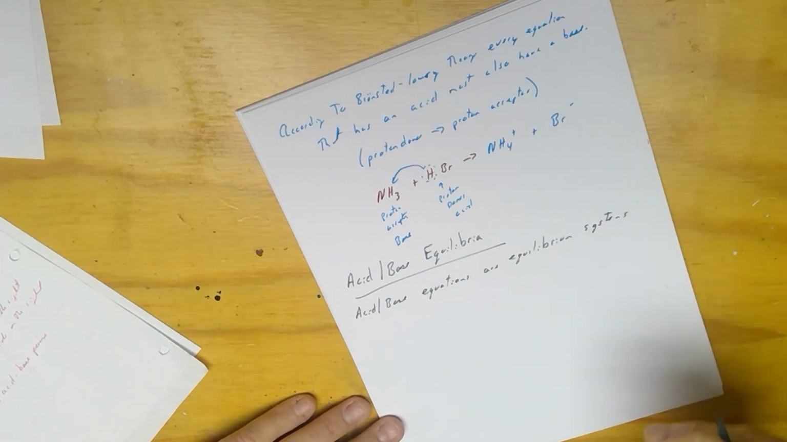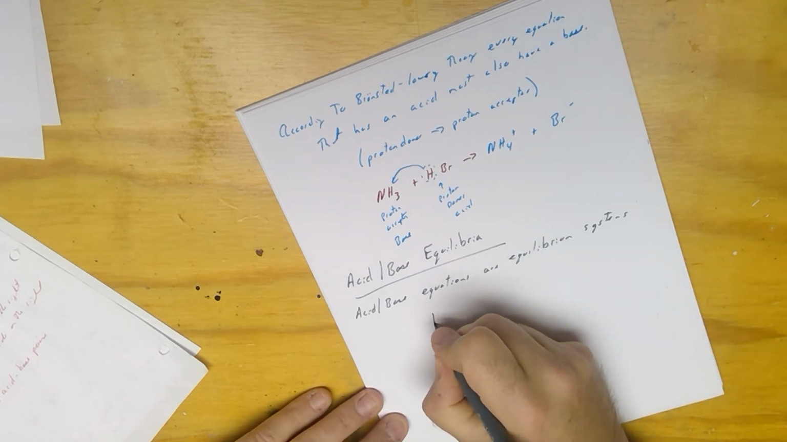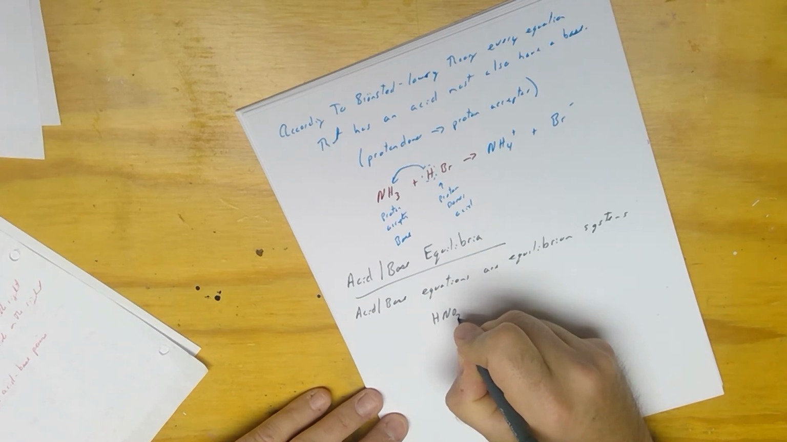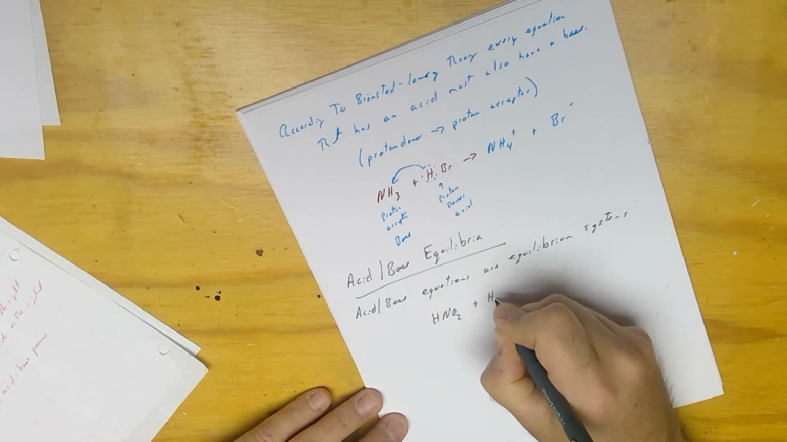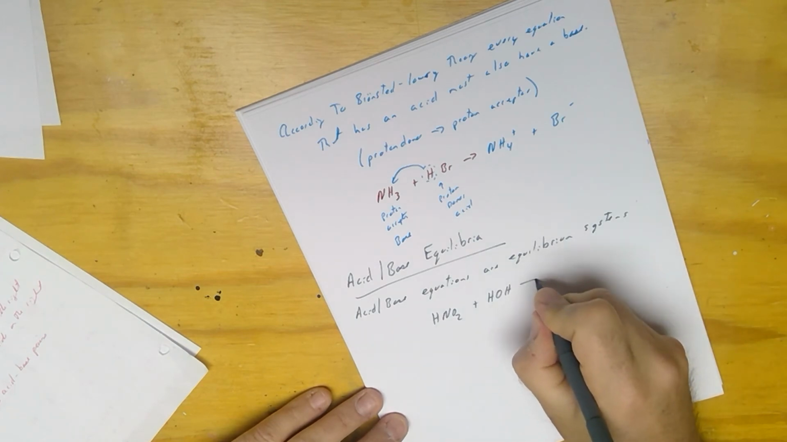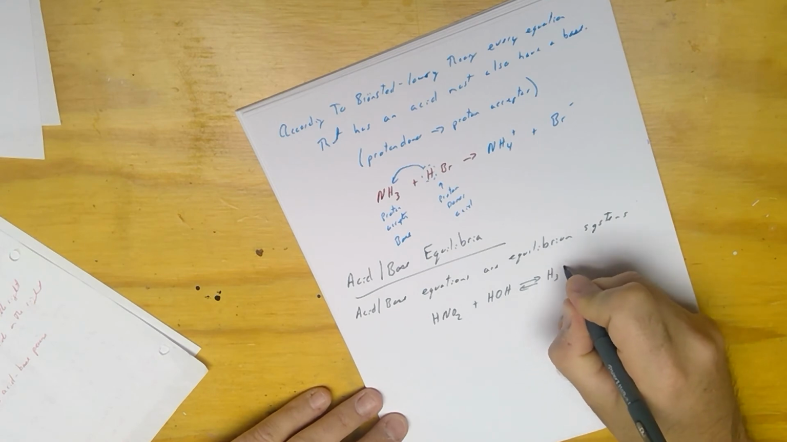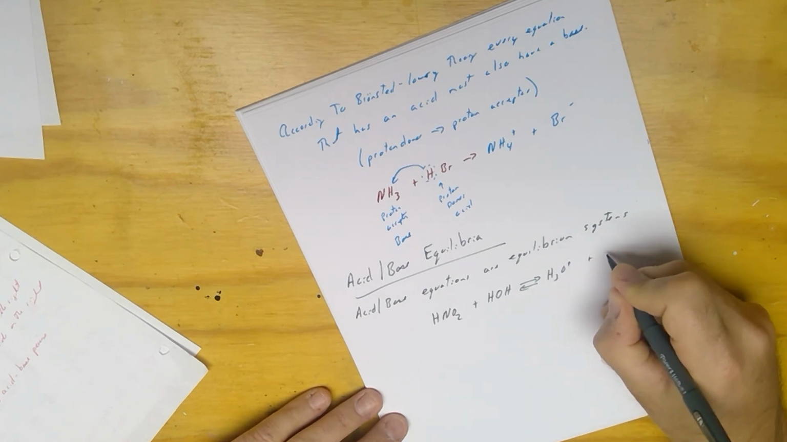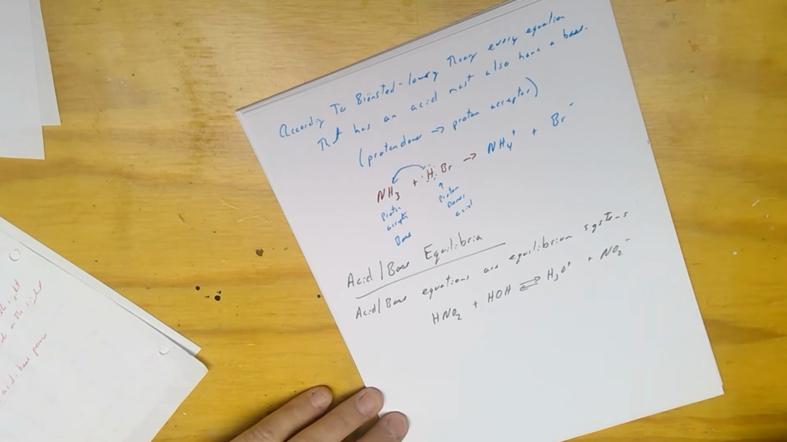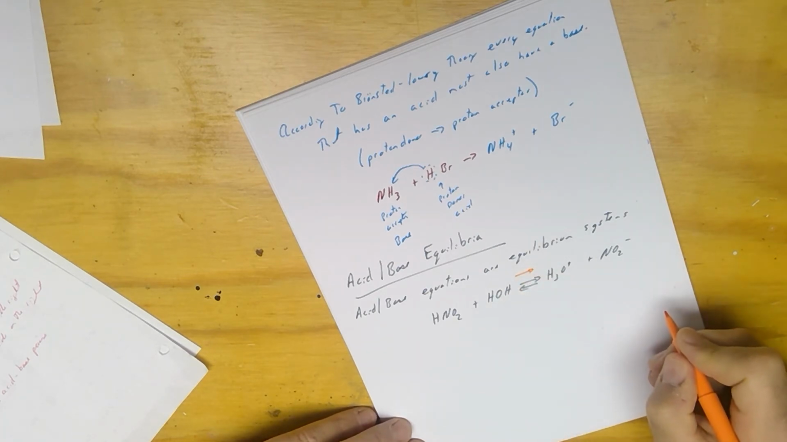Okay, so these are equilibrium systems. So let's look at this. Let's say we have HNO2 plus HOH. This is going to form an equilibrium, and it's going to form H3O plus and NO2 minus. So if we look at this in the forward direction, this way,